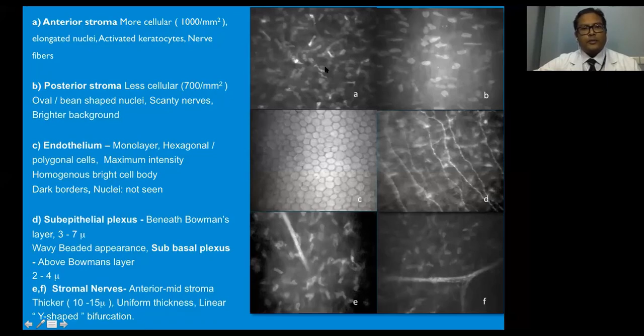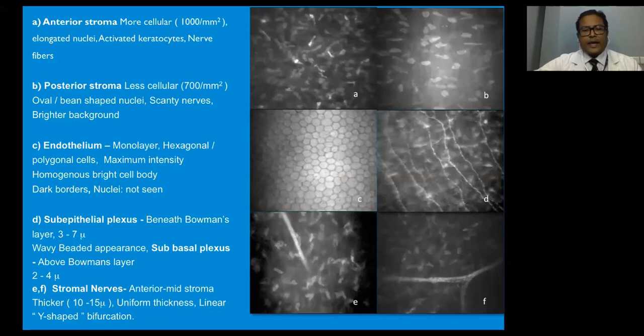The anterior stroma would appear much more cellular as compared to the posterior stroma here, which would have a much lesser degree of cellularity with oval and wheel-shaped nuclei. The endothelium would be a monolayer of hexagonal or polygonal cells, and the subbasal plexus of nerves would have a reticular appearance. The stromal nerves would appear as thick, straight or branched